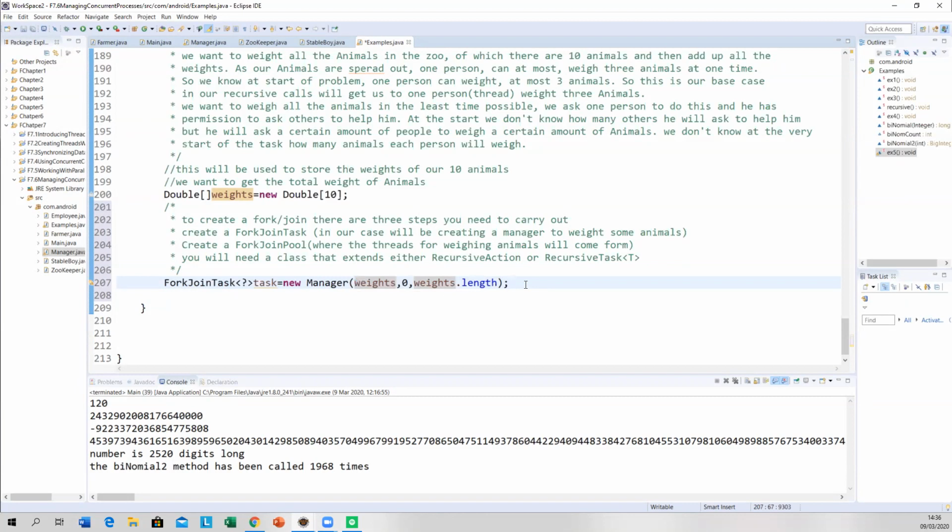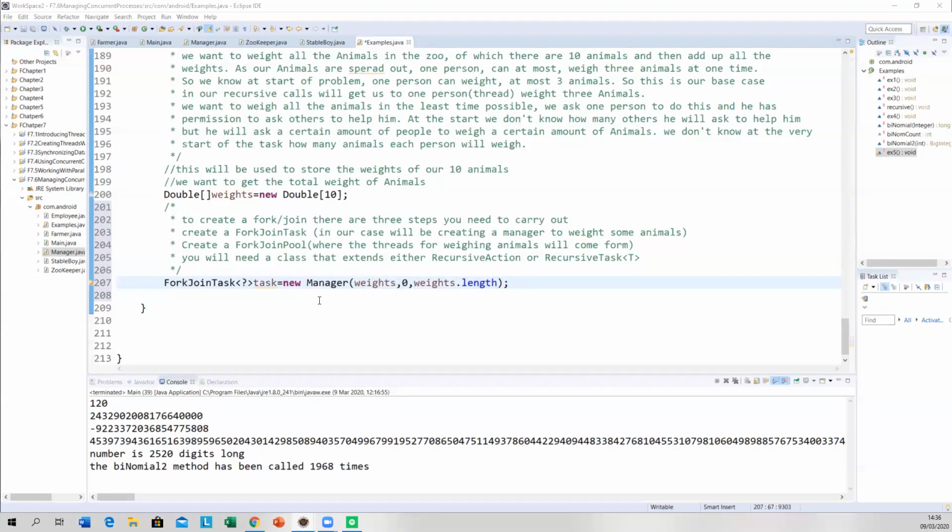So that's the fork. That's a task, a recursive task. That task can be shared across many threads, across many employees.